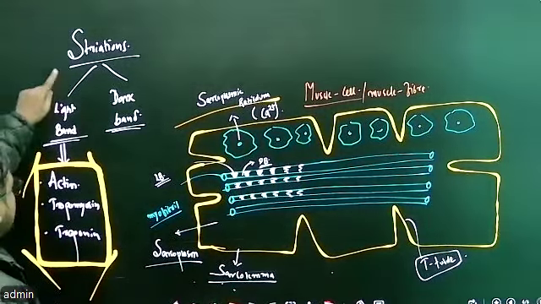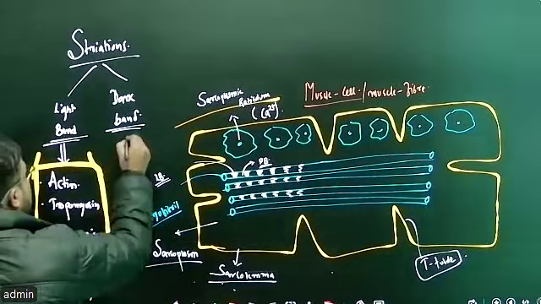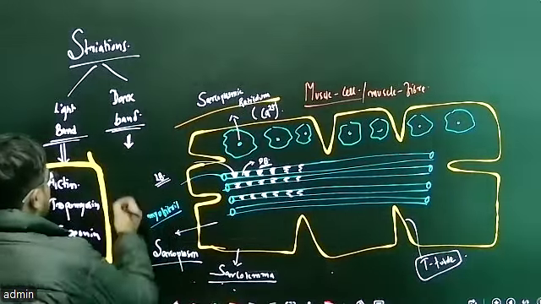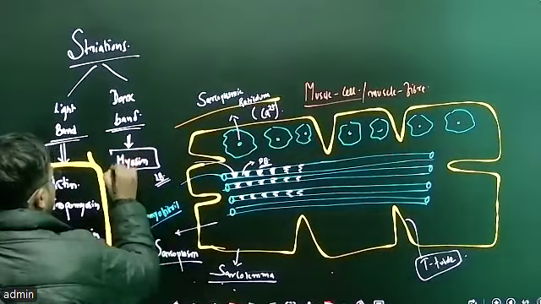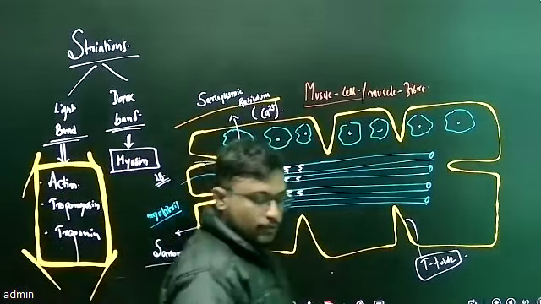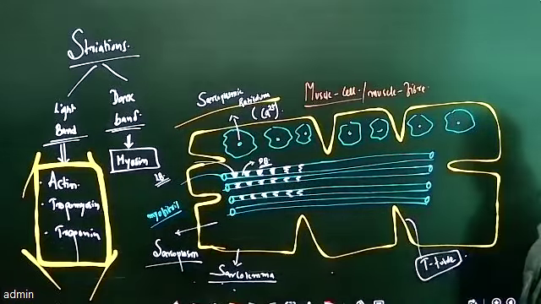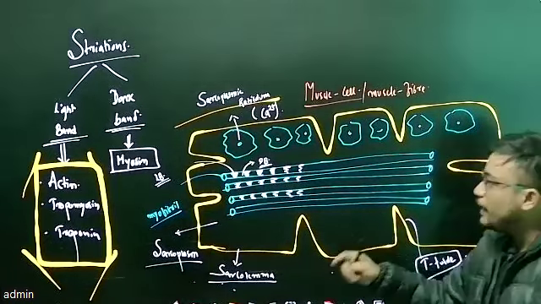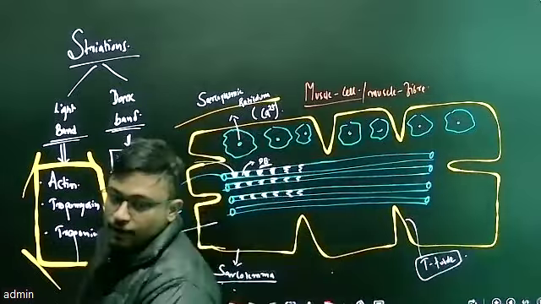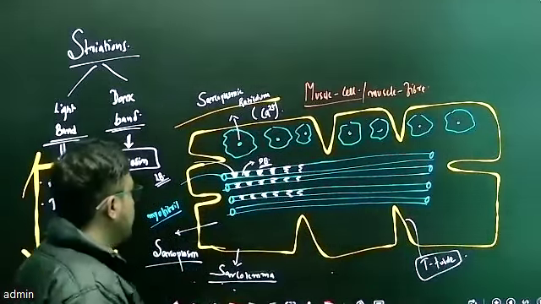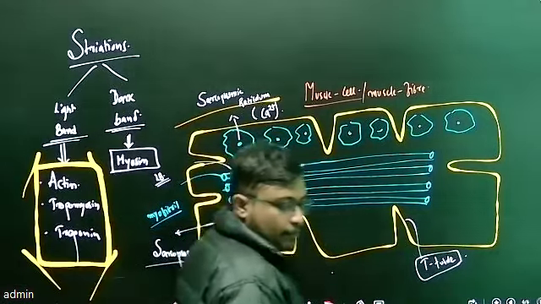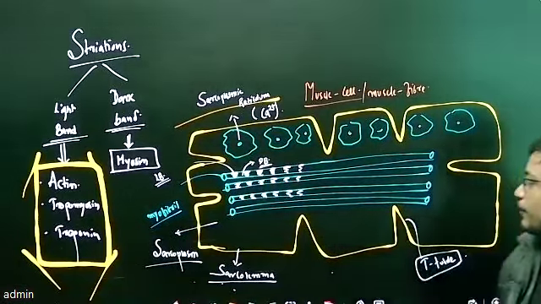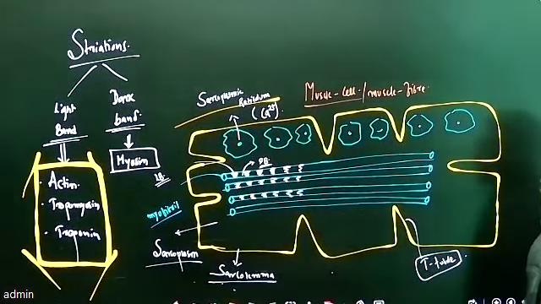And how is the dark band made up? This dark band is made up of myosin. So actin, troponin, and tropomyosin form the light band, and myosin forms the dark band. Clear? Everybody clear? So the light band is made up of actin, tropomyosin, and troponin, and the dark band is made up of myosin.